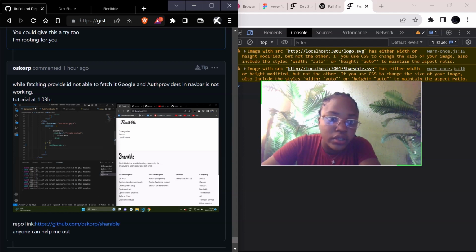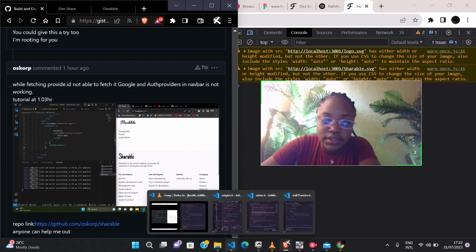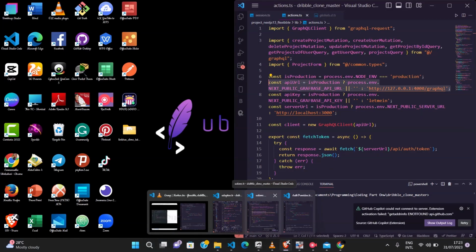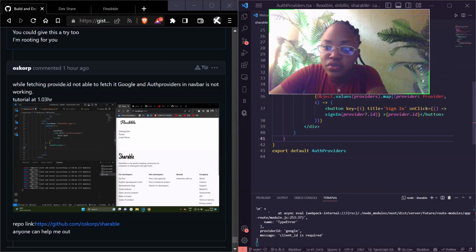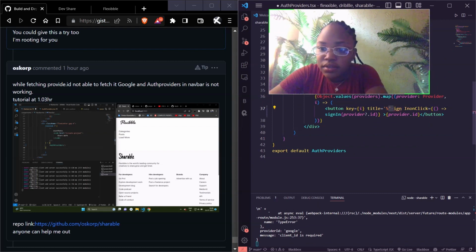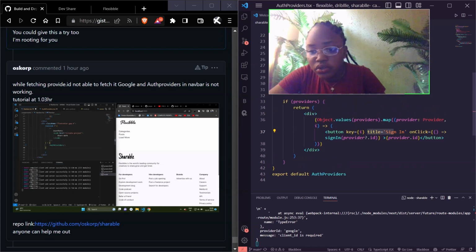This person's issue was that while fetching provider ID, he was not able to fetch it. Google and other providers in the Navbar were not working, meaning the Google button wasn't showing here. I think the issue was that he hard coded the button, and as soon as we were able to do that, I removed what he hard coded. I feel like there was no need to put the sign in here, because it was already